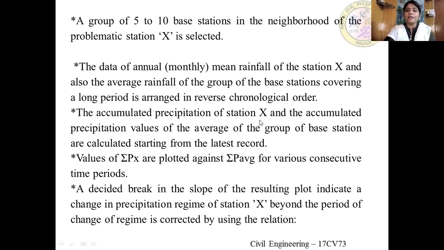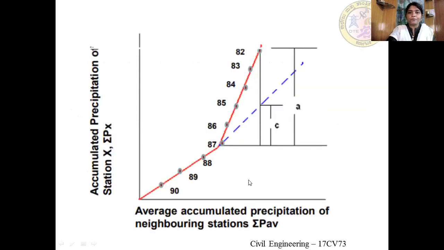So the accumulated precipitation of station X and the accumulated precipitation values of the average of the group of base stations are calculated starting from the latest record. Then values of summation Px are plotted against summation P average for various consecutive time periods. Then a break in the slope will arise where there is inconsistency. The resulting plot indicates the change in precipitation regime of station X, and beyond that period of change of regime, the data is corrected by using the relation